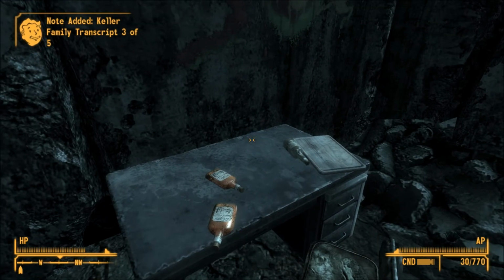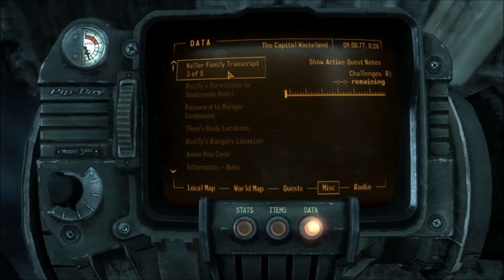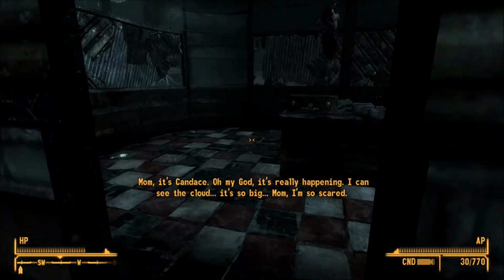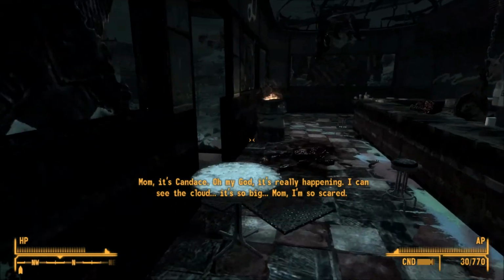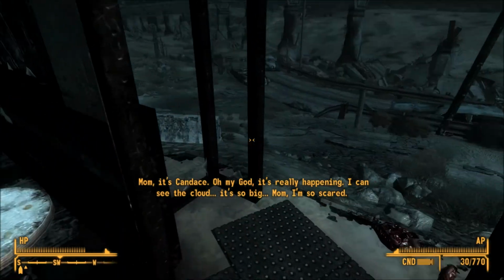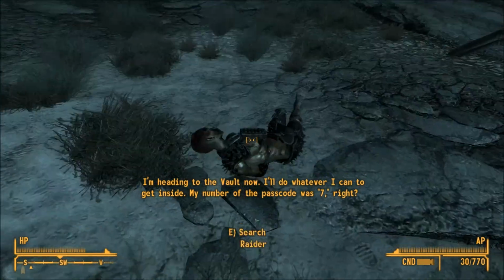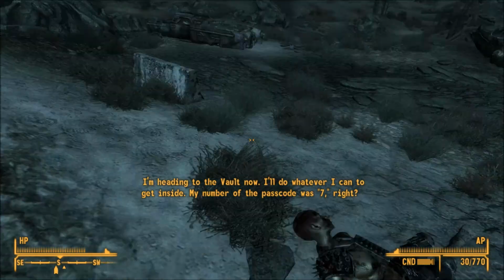Keller Family Transcript, 3 of 5. Mom, it's Candace. Oh my God, it's really happening. I can see the cloud. It's so big. Mom, I'm so scared. I'm heading to the vault now. I'll do whatever I can to get inside. My number for the passcode was 7,